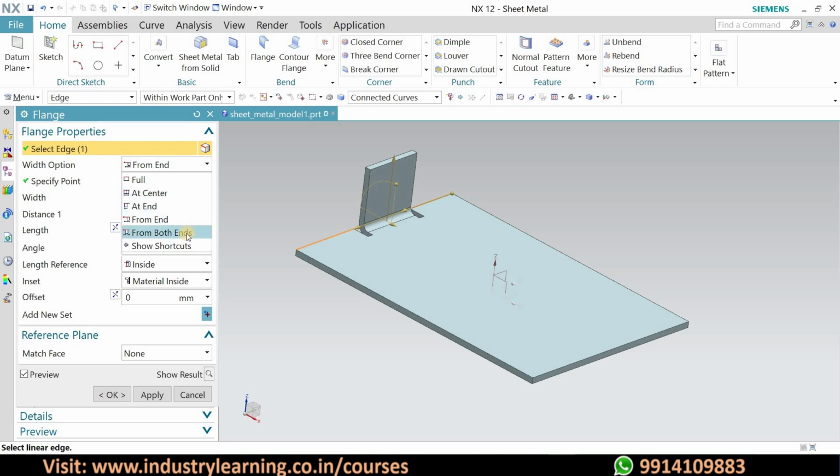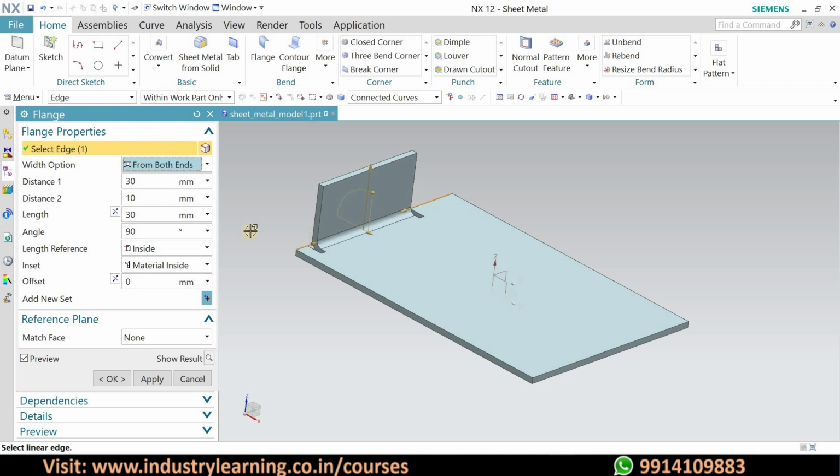And now if you talk about from both end, then basically it will create a distance from both ends, from this end and this end, how much we want to create. So like from distance 1, this is right now 30, we can keep it 10. Then this is 10 mm, and distance 2 is already 10. If we want to keep it 20, then we can see this has been turned like 20. So let me keep some bigger gaps so that you can understand easily. This was the 30 and this is 40, and it made something like that. So these were the options for the flange.